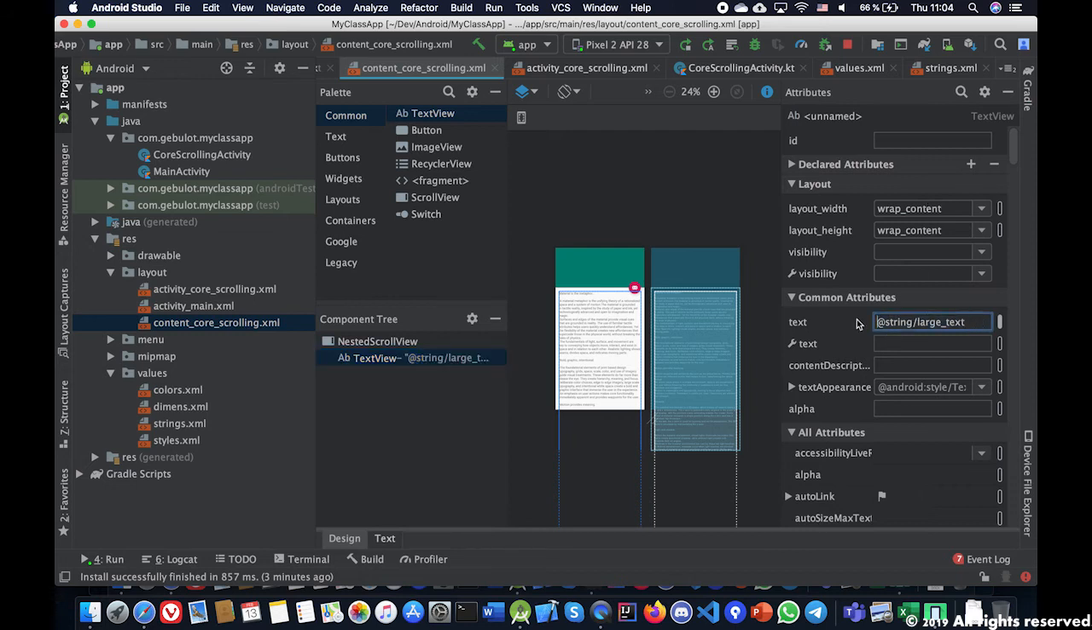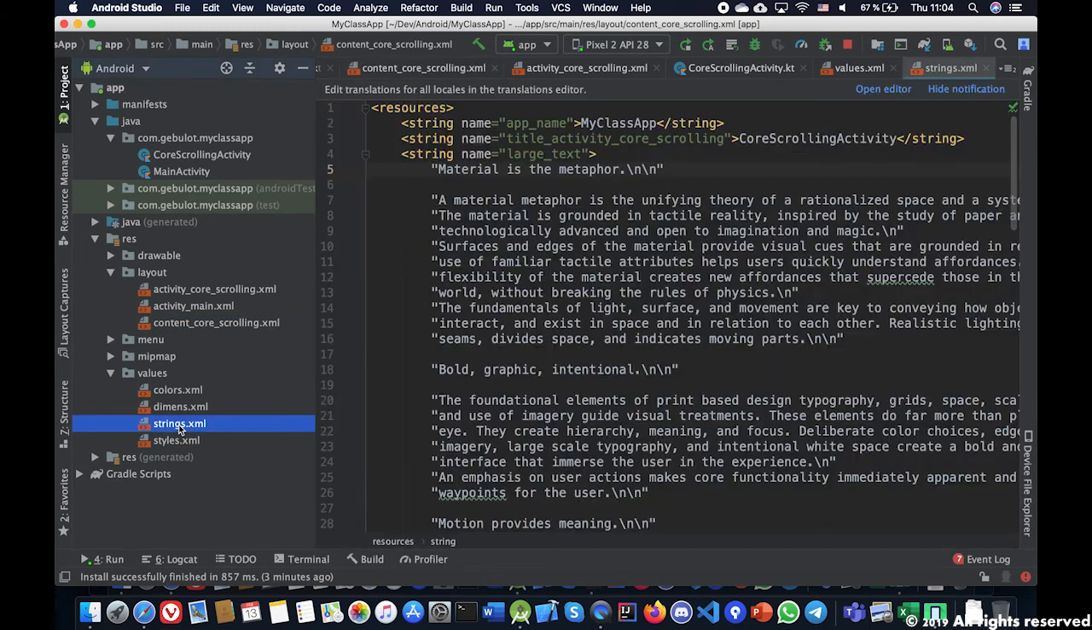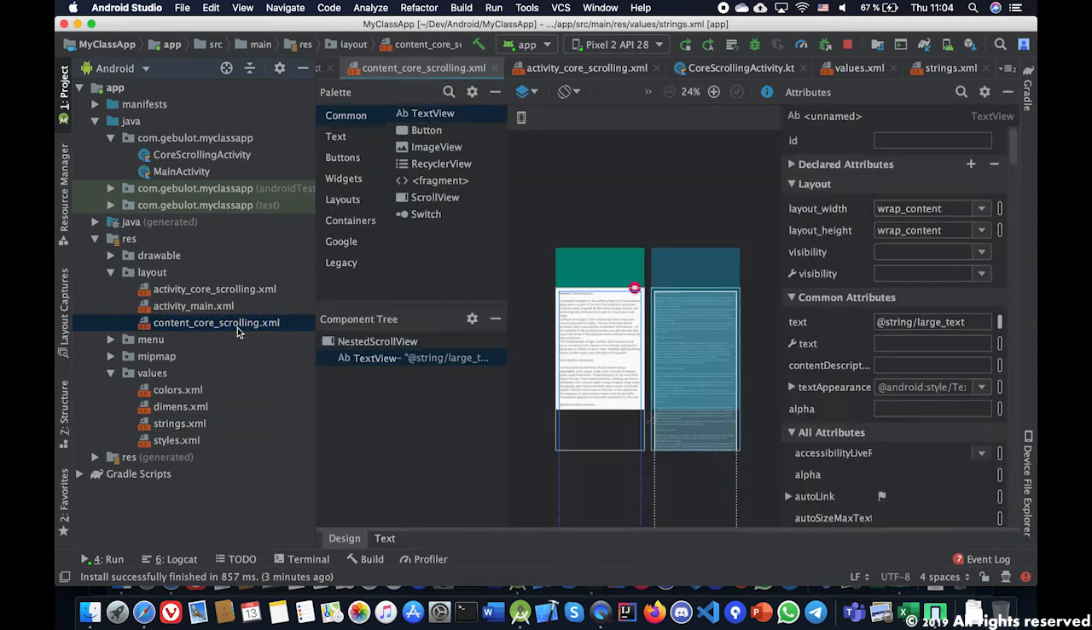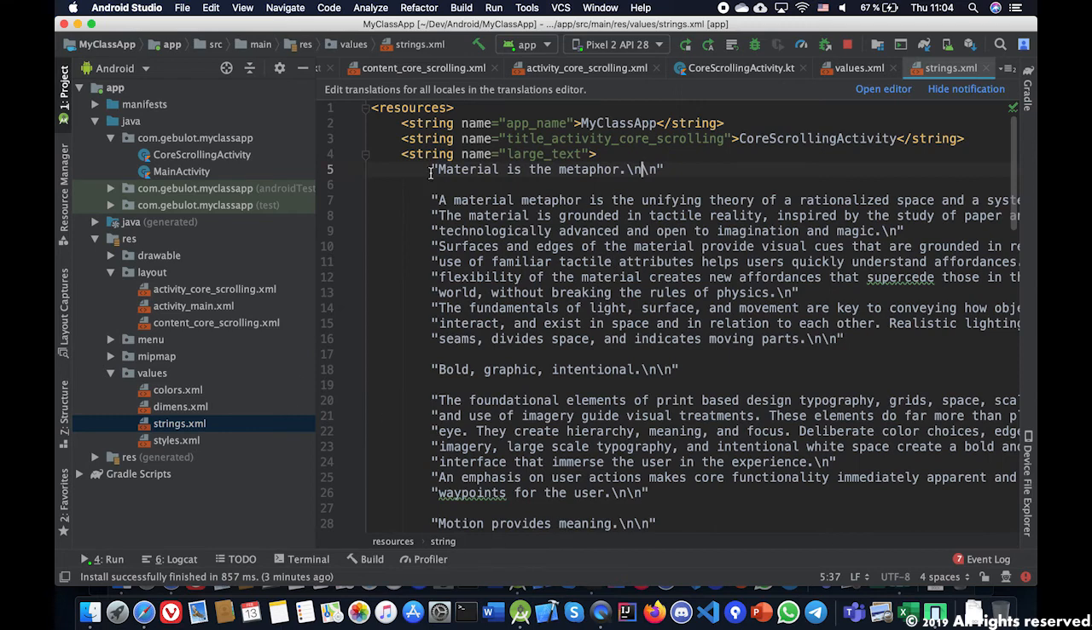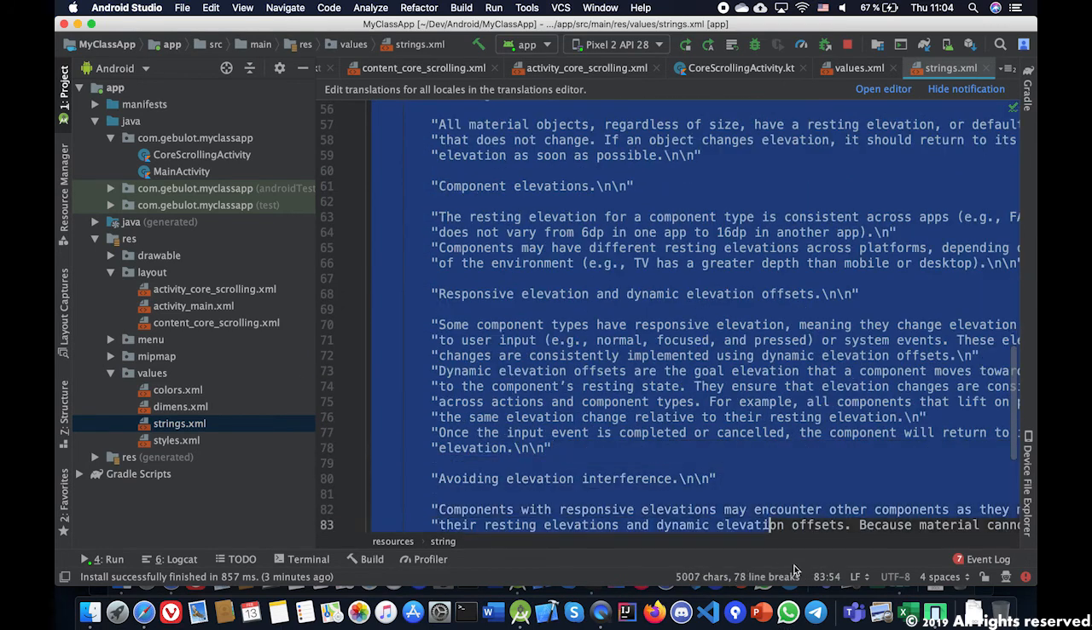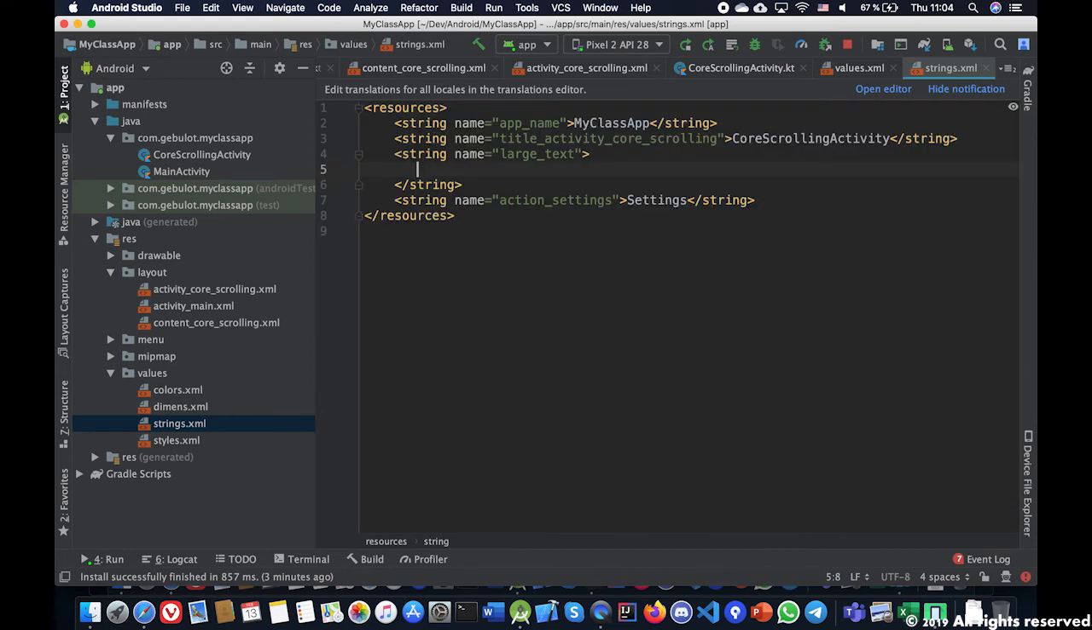I just wanted to show where we use these variables. In the content core scrolling here, you can see there is a text view, and the text view points to this. The text itself is not really written here, but it points to a variable called large text that belongs to the string file here. Okay, so when we see such a thing, what we're doing is telling it to use the text that is inside here. If I change this to something like, I don't know, hi to all UCDC students,